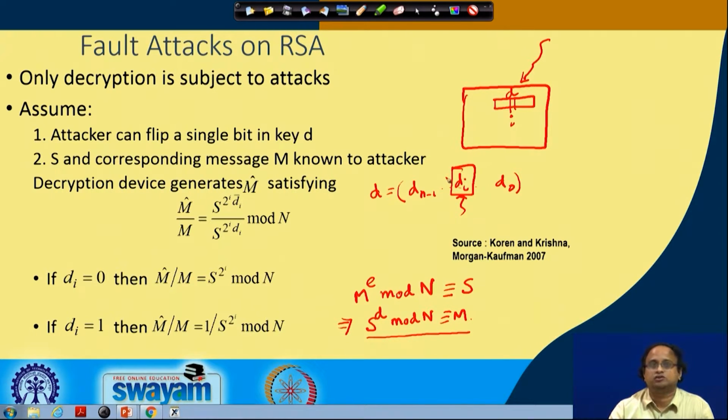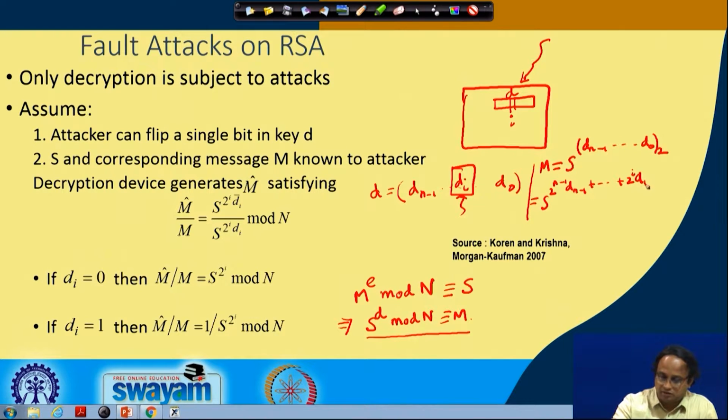So what is the ramification of that? What is the implication of that on the security of, say, an RSA kind of algorithm? Okay. So if we elaborate this operation, you can easily observe what we are basically doing. We are getting M, and M is S to the power of D, which is Dn minus 1 till D0, written in binary format. That is equal to S to the power of 2 to the power of n minus 1 times Dn minus 1 plus 2 to the power of i times Di, plus